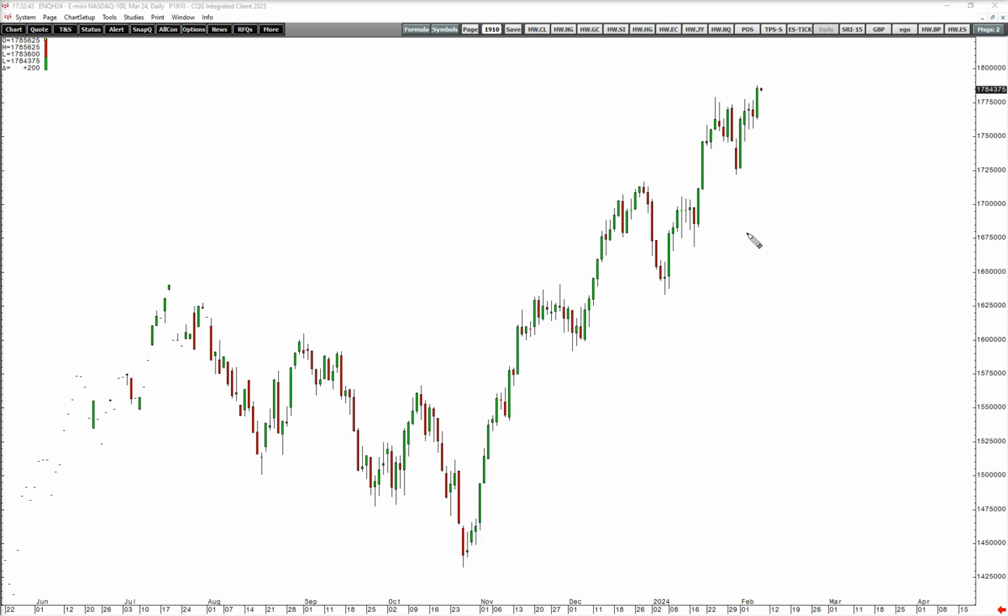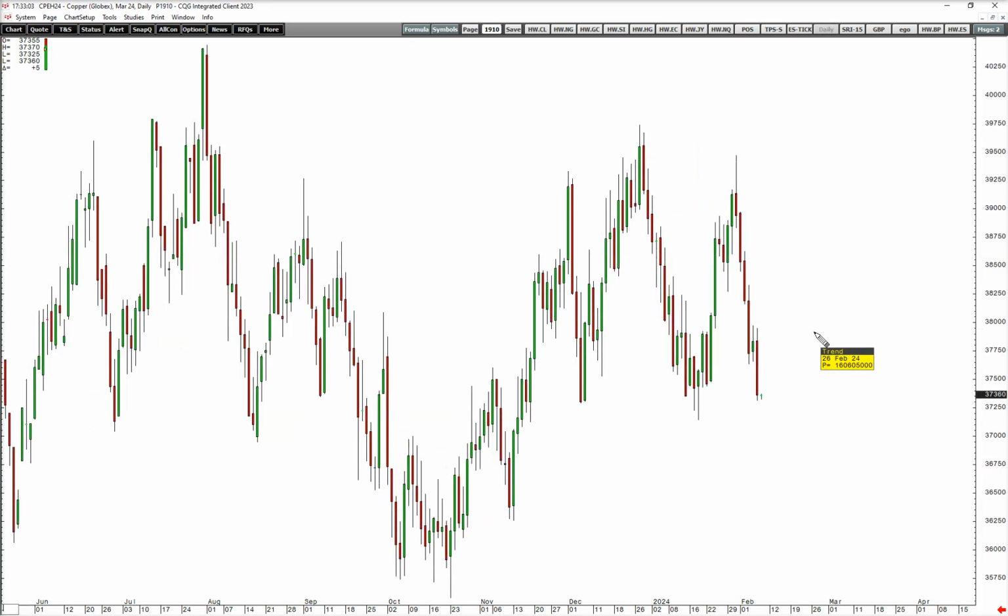The purpose of the Discord is to teach people. It's not to hand out calls, which we do once in a while. But it was just really gratifying to see that someone is paying attention and learning and finding the patterns in real time. So going back to a daily chart of copper,